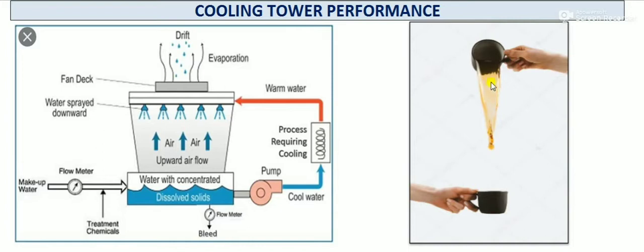A practical example for a cooling tower is cooling our tea or hot water at home. While pouring tea or hot water from a certain height, we observe water vapor evaporation, and sensible heat transfer from the hot liquid to the ambient air. Both sensible heat transfer and evaporation take part. The same principle is happening in the cooling tower.